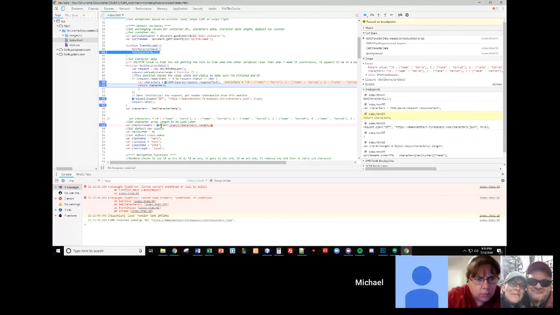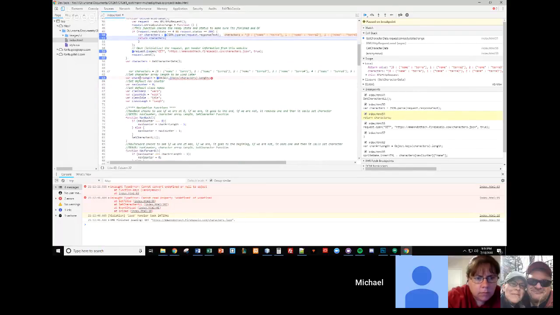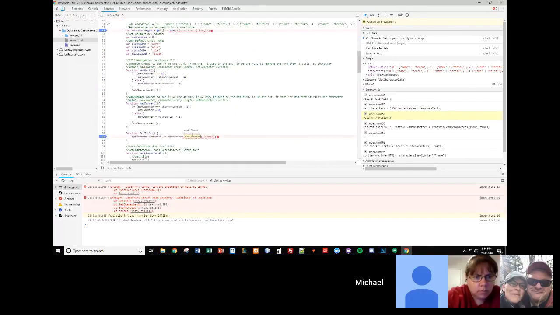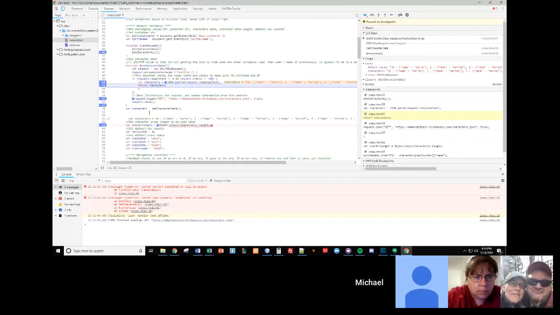Yeah, you'll have to put that one you're hovering over right now inside of a function too, and not call that function until after it's already loaded your JSON data. Okay, so it looks like I only really use this in the navigation and the title. So set title. All right, so I think basically if I instead put this set character inside of here